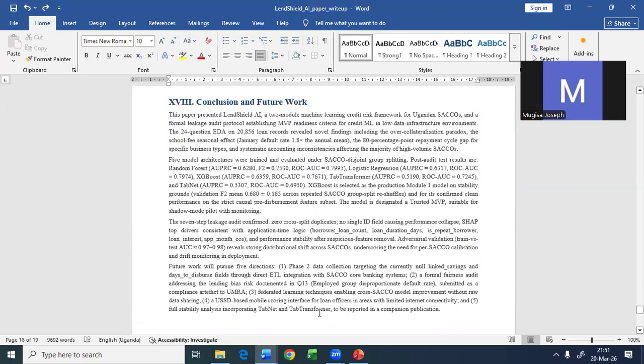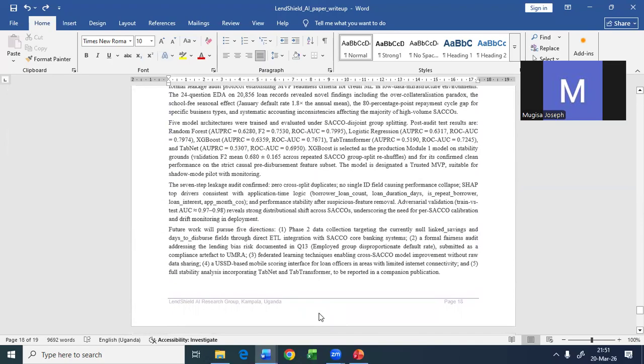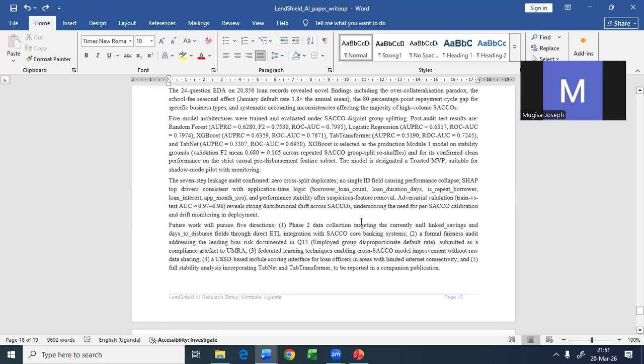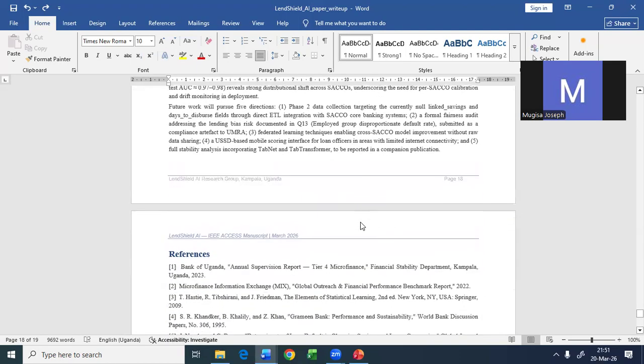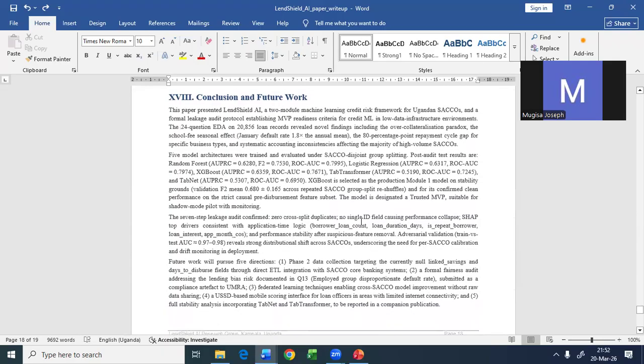We shall continue to collect the data for those which were null, which will enable us to improve our accuracy. Because as of now, after auditing, we didn't discuss auditing, but the work is written there. After auditing, removing data leakages and ensuring proper splitting and stability, our accuracy has fallen. We have a good F2 score, but not the best. So we aim at collecting more data, which can help improve our accuracy, and re-engineer the features again. Then we hope to follow the appropriate legal steps to get the model to full feature.